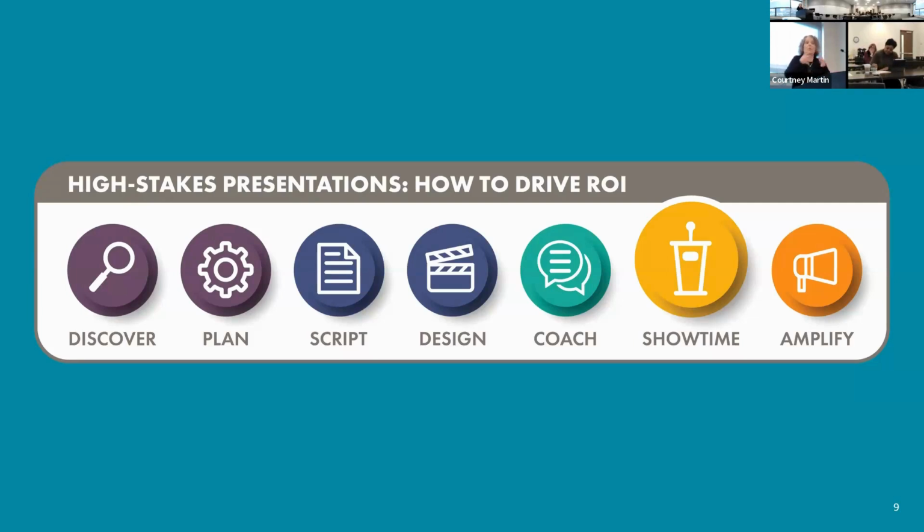Transitions. How are you going to get from point to point logically? There must be transitions between sentences or you will lose your audience. So transitions must be intentional. And then, of course, you must have a strong intentional close. Don't just say, we're out of time, that's all the time we have, see ya. It needs to be some kind of an impactful close that is intentional, that you leave them with the final